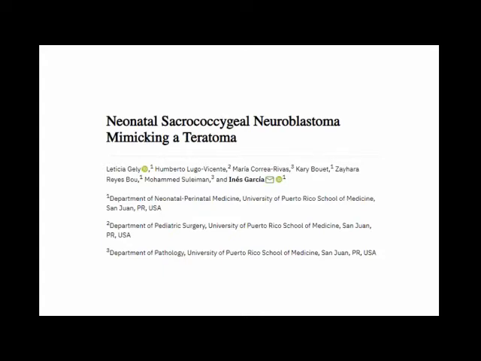Okay, fine. These are a few case reports, ma'am, with the same scenario. On pre-imaging they had decided it was a sacrococcygeal teratoma, and they updated it, and it turned out to be neuroblastoma. So it is advised that whenever a presacral mass lesion is seen in a pediatric age group which is not fitting into a typical teratoma, we should always consider neuroblastoma, even though it is a rare lesion. Okay, fine.